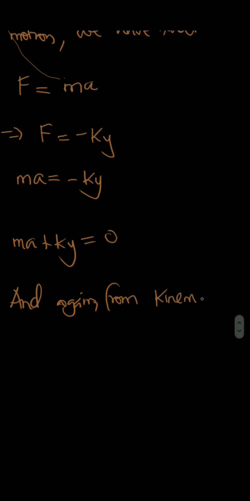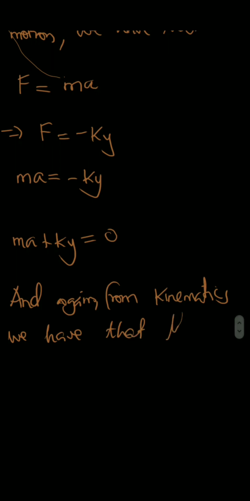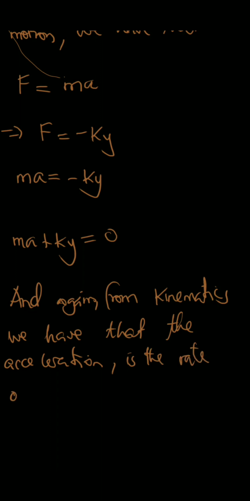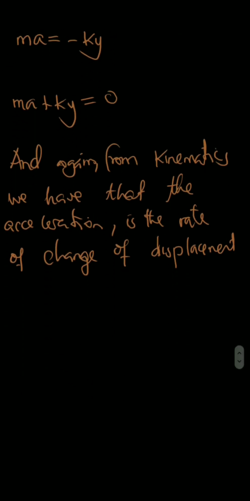Then again, making reference to kinematics, acceleration is simply the rate of change of velocity. It means we're looking at how an object's speed is changing with respect to time, towards a particular direction. And this velocity is simply the rate of change of displacement. You're looking at the position. How are the positions changing? You're looking at an object moving from one point to another, towards a particular direction, and there is time involved, so we have the rate of change of